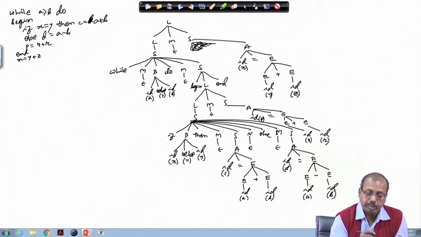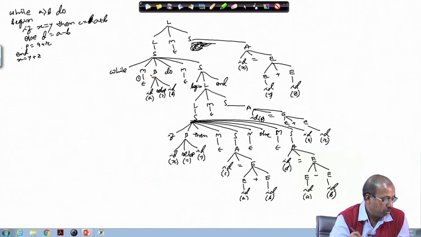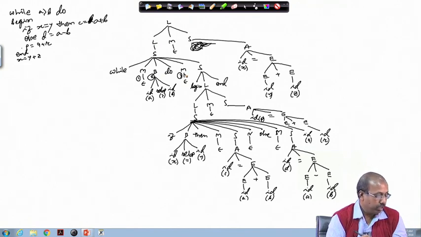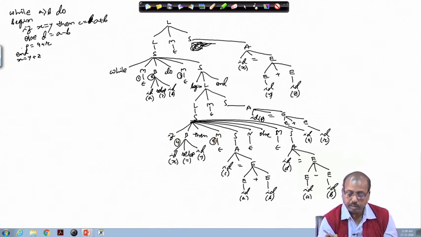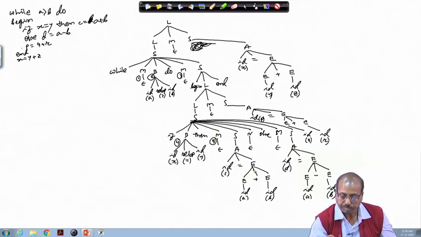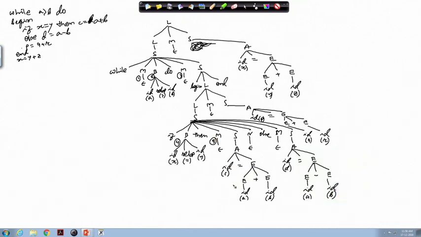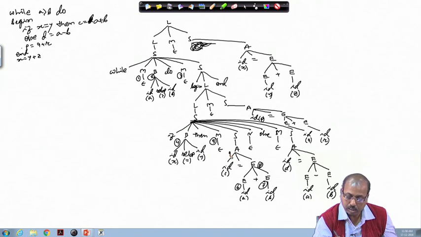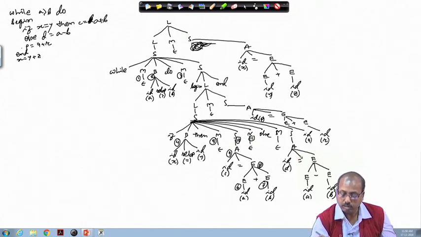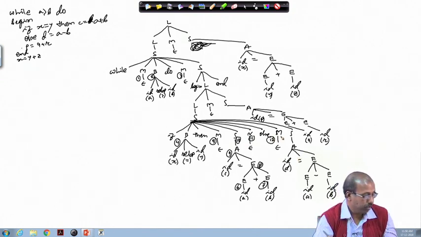Now, if we think in terms of reductions, then this is the reduction number 1, then this is reduction number 2, this is reduction number 3. Now, after that we have got reduction number 4 as this one, then this is reduction number 5, then we have got this one as reduction number 6, reduction number 7, 8, 9, 10, 11, okay, 12.